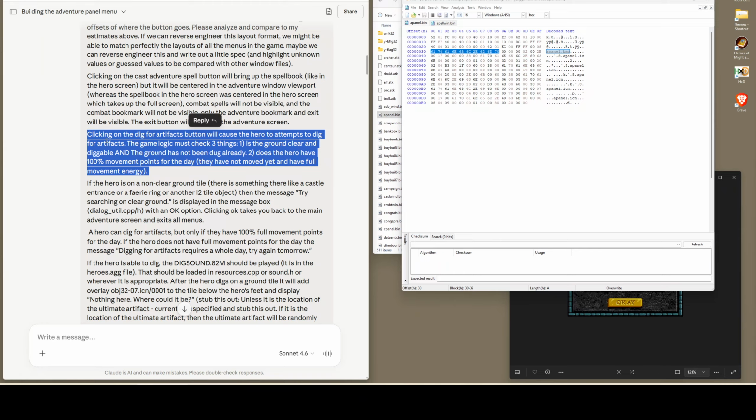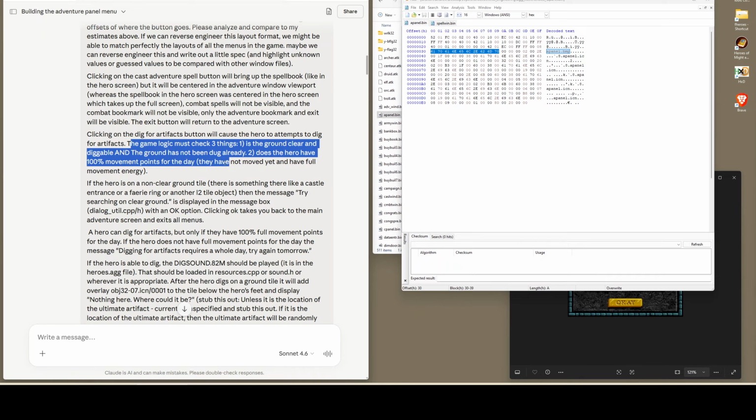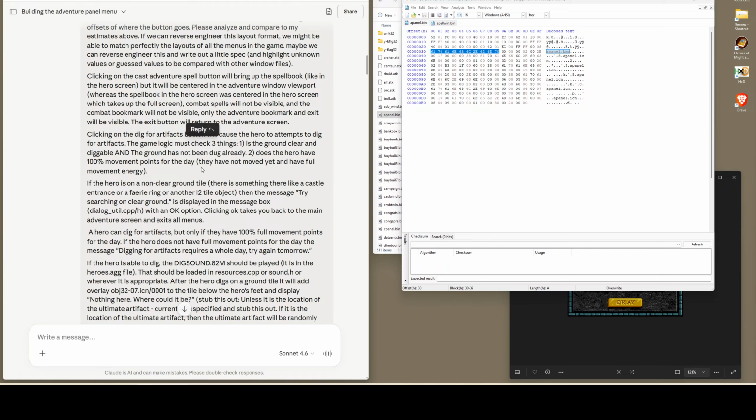And then clicking on the dig for artifacts will cause the hero to attempt to dig for artifacts. Attempts, that was a little typo there. The game logic must check 3 things: that the ground is clear and diggable, and the ground has not been dug already. Does the hero have 100% movement points for the day, if they have not moved and have full movement energy? If the hero is on a non-clear ground tile,